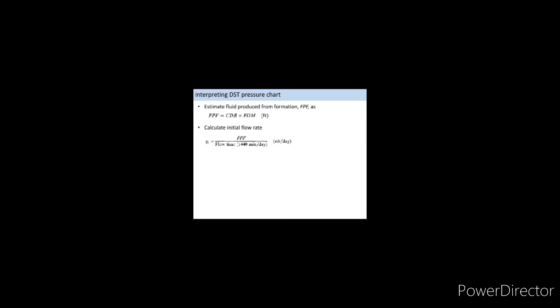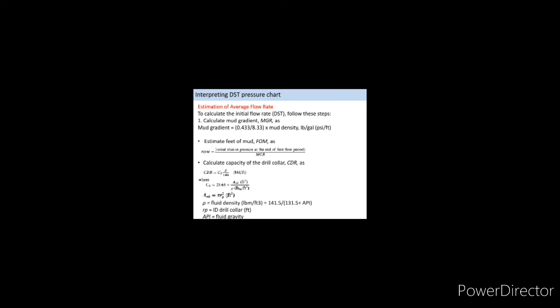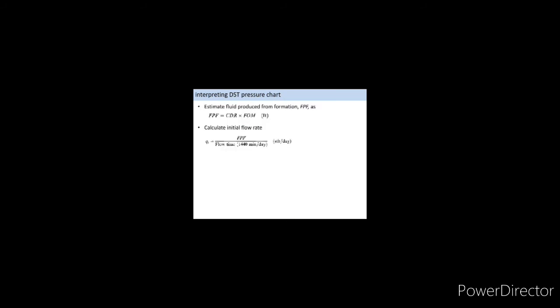Now flow rate is volume divided by time. That volume will be in barrel. So now we can convert into stock tank barrel or surface barrel. If this is taken as a surface volume, then we'll use the stock tank barrel unit. Now that volume is divided by flow time. Here flow time will generally be in minutes,